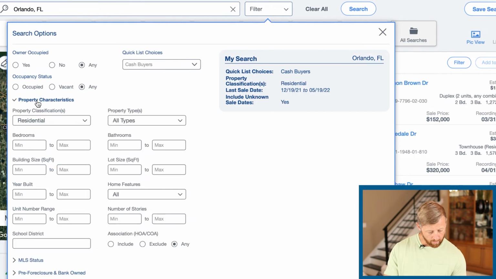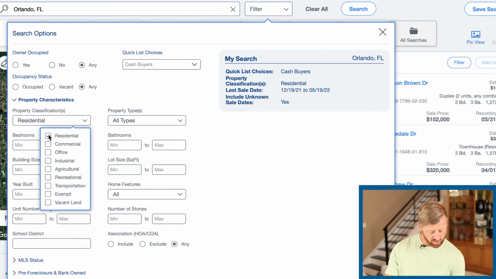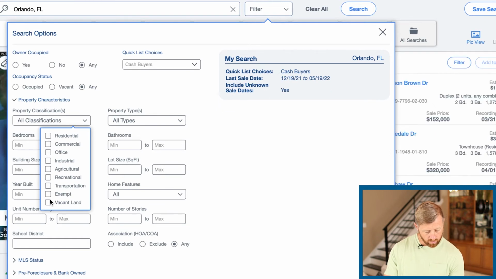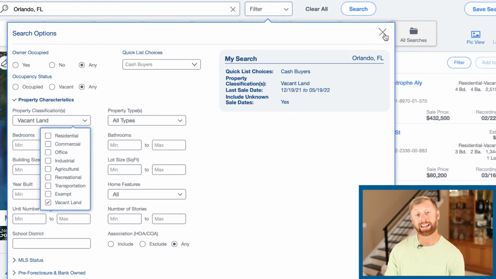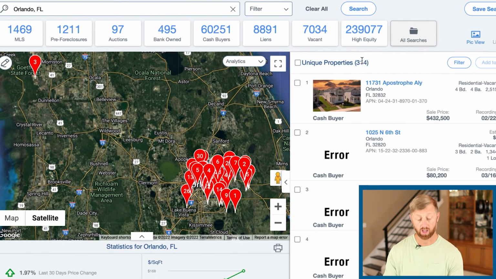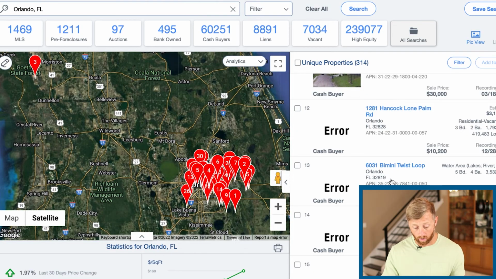Let's just go back to the property characteristics and uncheck that residential, and maybe we're just doing vacant land. Let's see what vacant land buyers have done in the last 6 months. 314 vacant land buyers. Let's just say you found a 1/4 acre lot in Orlando for sale, and you can get it at a discount. Land's worth 60,000, you get it under contract for 30,000, and you call all 314 of these cash buyers and say,